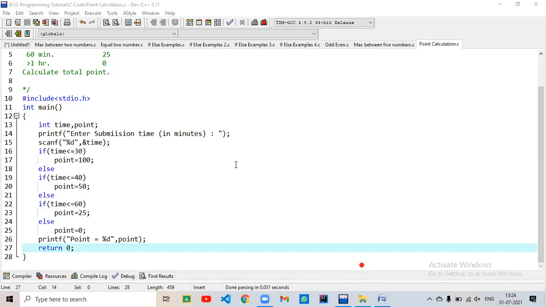So note one thing. The structure of this code is very similar to the grade calculation program. I think grade calculation is in the if-else conditional flowchart. So that will be your homework. That program will be the same as this program. Okay. You have to do all the programs of the conditional flowchart.